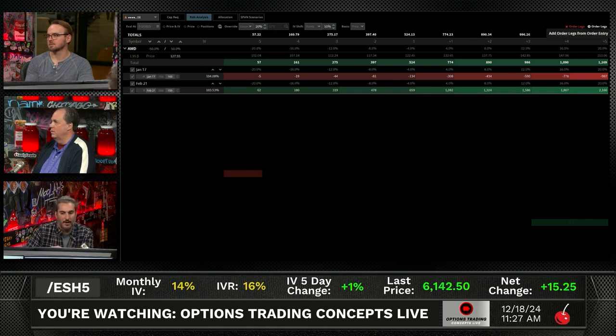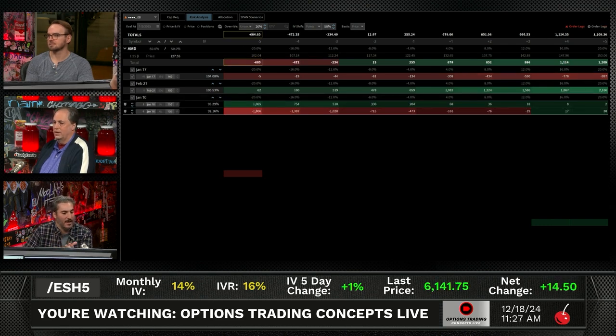In the upper right hand corner, it's going to add whatever I just put on there as well. So you don't have to send a trade. You don't have to send an exchange. You can go in there, create the trade here in the risk analysis, and look at it before you want to send it. And this is showing that short put spread that I just added on